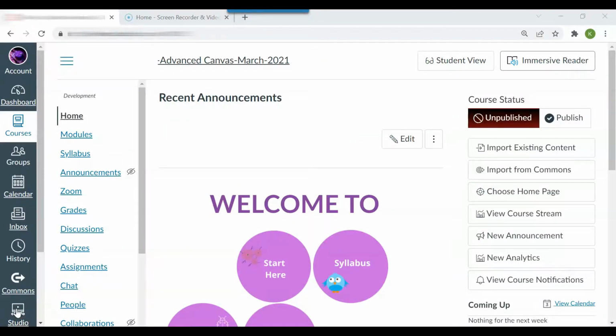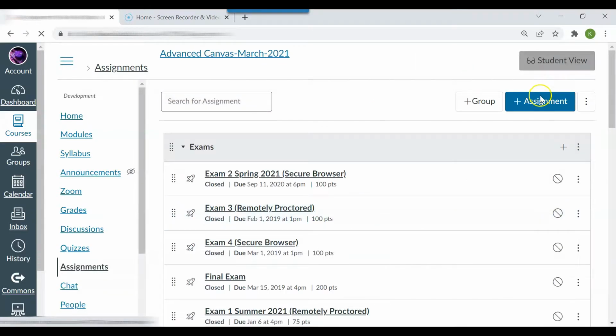In this video, I will demonstrate how to create a Turnitin assignment in the Canvas Learning Management System. To create a Turnitin assignment, click Assignments in the column on the left-hand side. Click Plus Assignment,